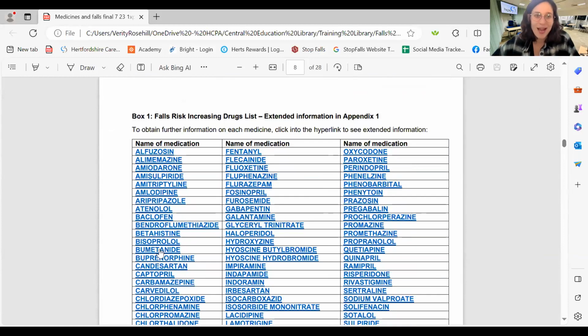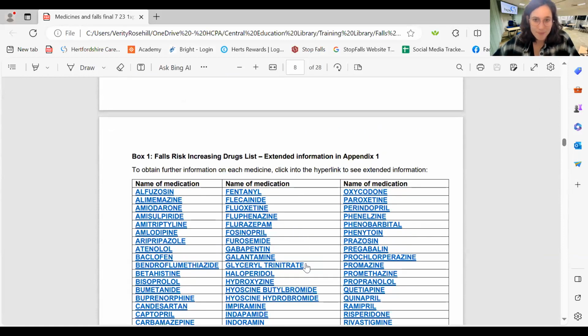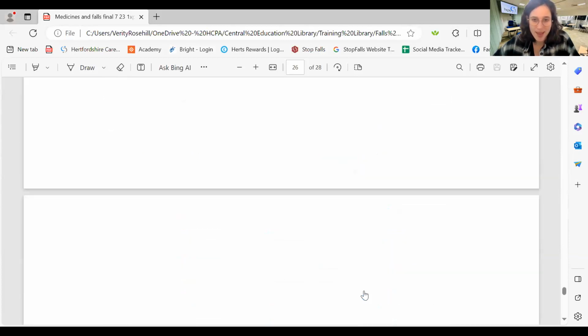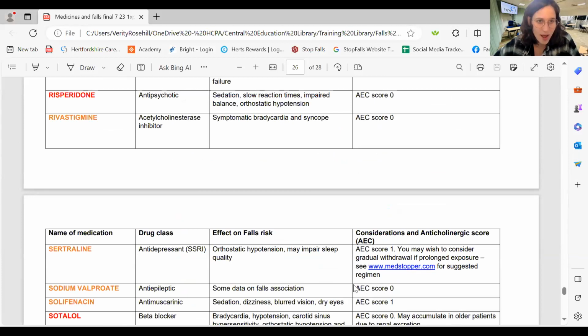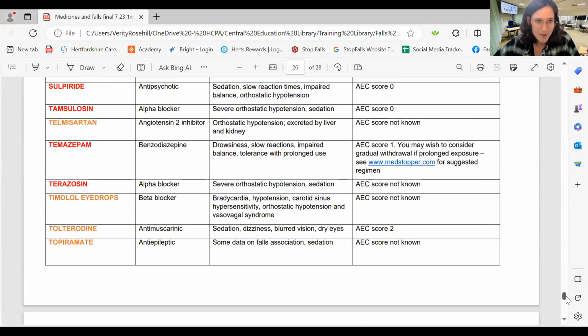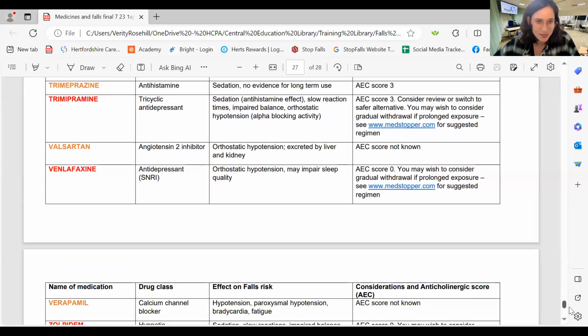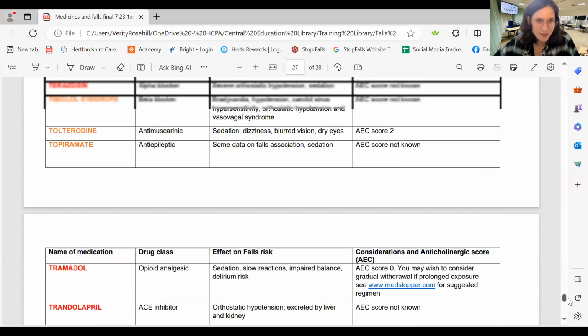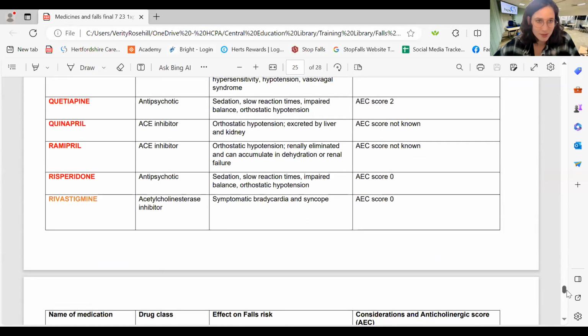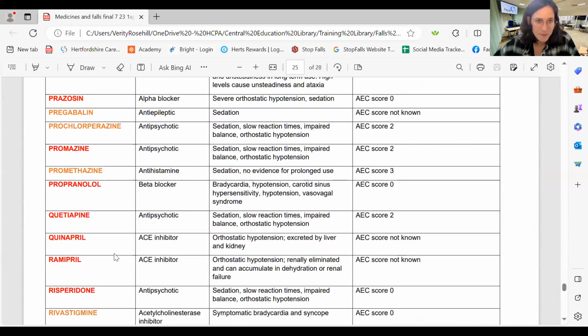And if I click on a medication, quetiapine, it will take me to quetiapine. You can, of course, print this as well. Where is it? Here it is. Okay, just above. Here we go.